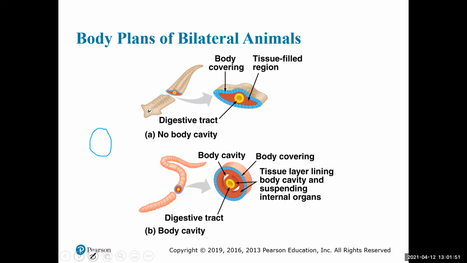So we have the ectoderm. That yellow is hard to see. We have our endoderm, and then the mesoderm is still there, but it only lines the inside of the ectoderm. It does not line the outside of the endoderm. And so there's not a true body cavity here, right? There's not this true cavity that's formed by those two layers. Okay, so that's the difference between a